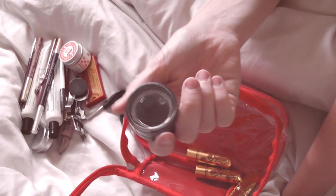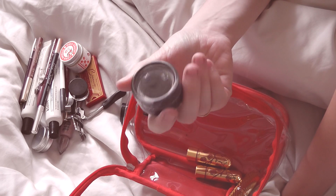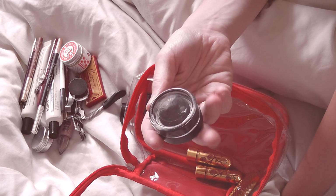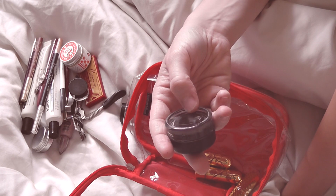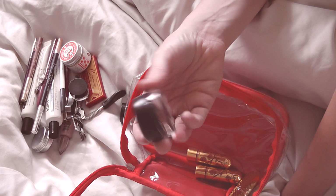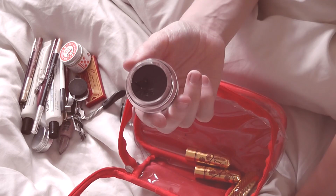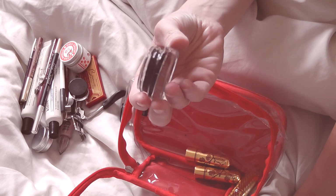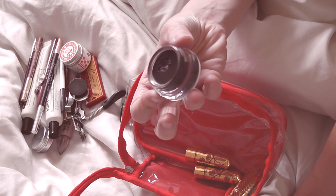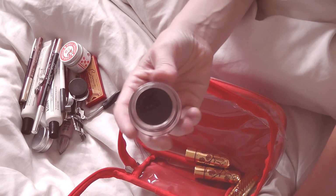This is also a colour that I was given, and it was actually a MAC gel eyeliner. And normally I've avoided MAC for years just because I think at the time their cruelty-free status was pretty ambiguous. I do actually quite like this eyeliner, but what I especially like is the lovely glass pot that it comes in. So my plan is to use up this gel eyeliner, and then I have a lovely little glass